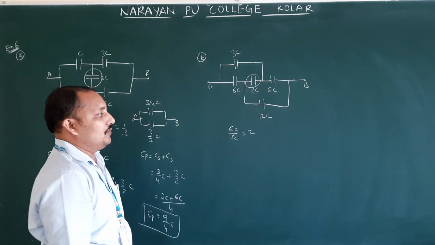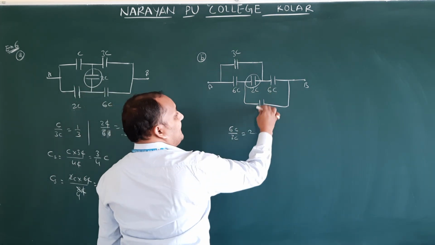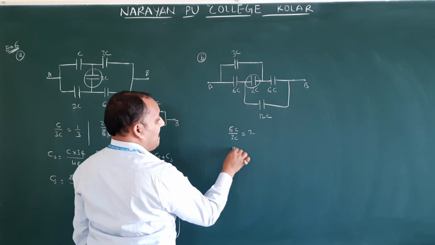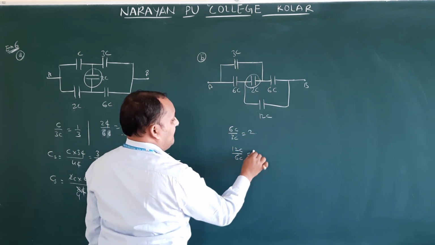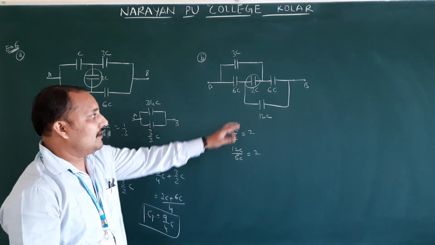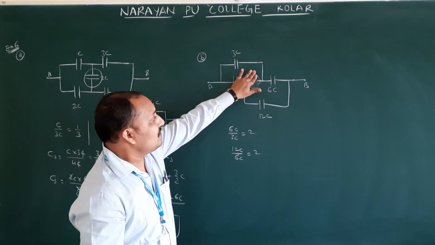How much? 2. So this is C3 by C4. Then 12C by 6C, so this is also 2. Therefore this 2C we remove. If we remove this 2C,